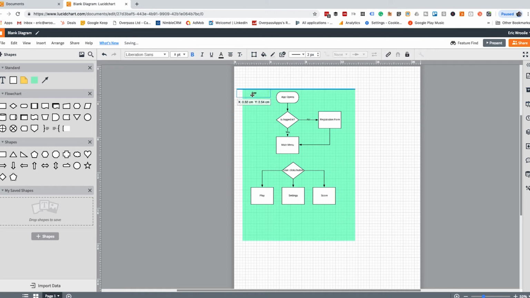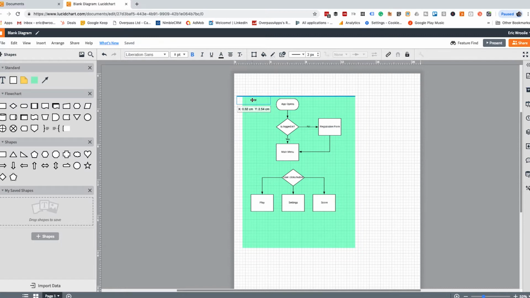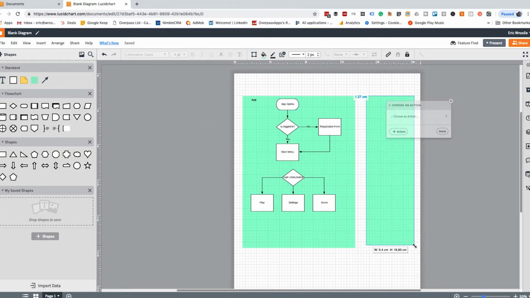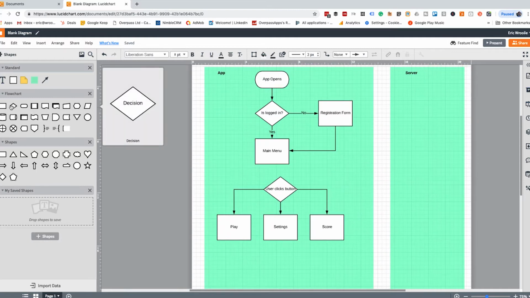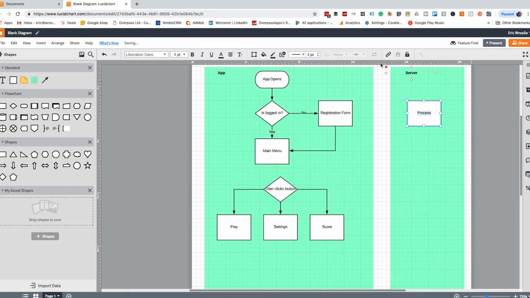Bold, move that up in the corner, increase the font a little bit. And then I will also have my API or my server code over here, and it'll be basically the same kind of thing. So here I might have something like, let's see, auth/login as a REST call. This would make a call here, and